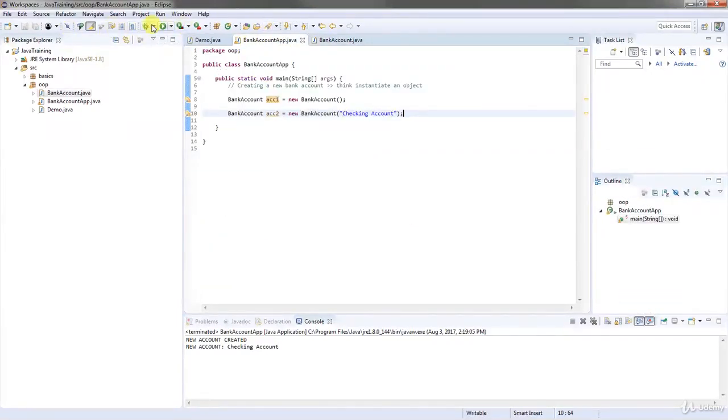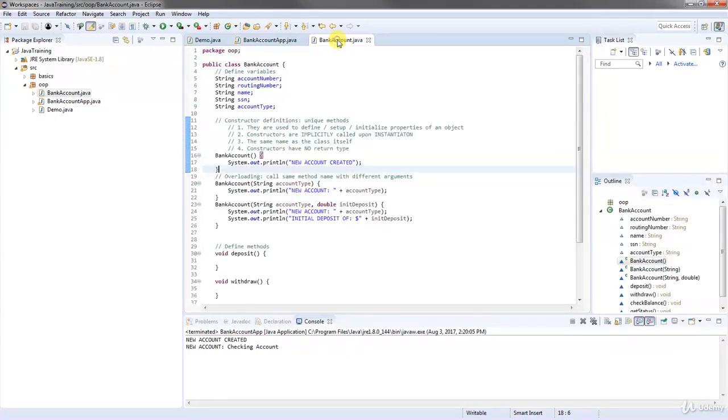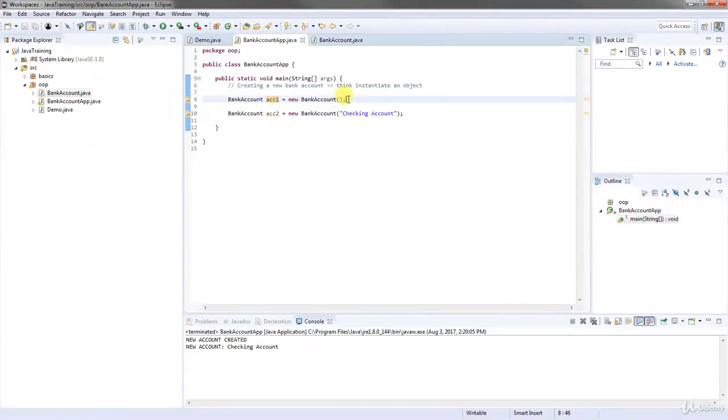Let's run this here. Notice, actually I forgot about this, but we're creating just two objects, one that uses the default constructor, one that uses this constructor, and then another one, BankAccount acc3 equals new BankAccount, and this will only get called if we pass the